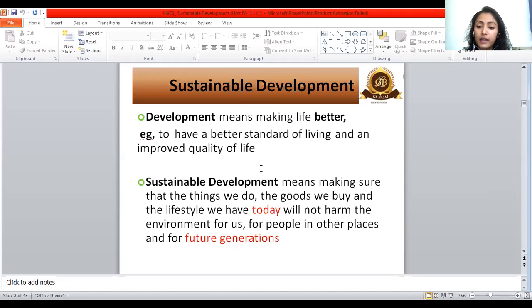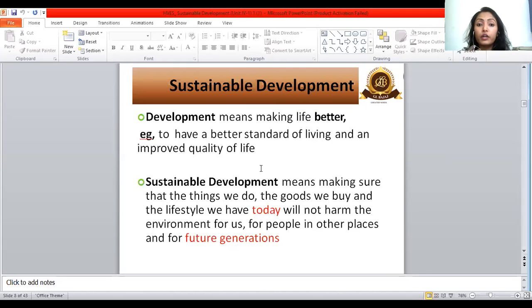When we call it a better standard of living, that means we are technologically advanced. We are utilizing resources which are being utilized by the common people in society. I have more luxurious items with me, that's why I'm called developed. If people think that they are contributing to their betterment, maybe it is related to health, maybe it is related to a luxurious life, or any perspective that makes them feel their life is getting better, that makes them understand that their life is developed.